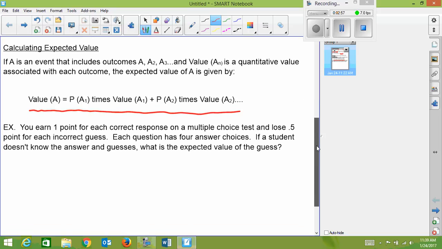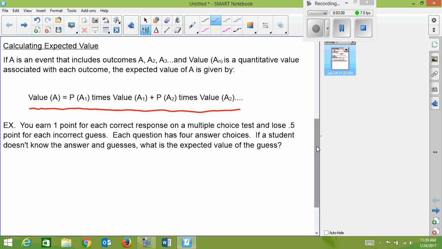So I have an example to go with this. You earn 1 point for each correct response on a multiple choice test and lose 0.5 points for each incorrect guess. Each question has 4 answer choices. If a student doesn't know the answer and guesses, what is the expected value of the guess? Okay, so to do this, you have to break each one down. So my probability of A is getting it right, so I get 1 point for that,